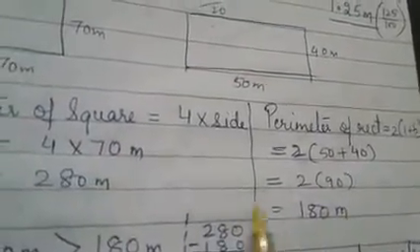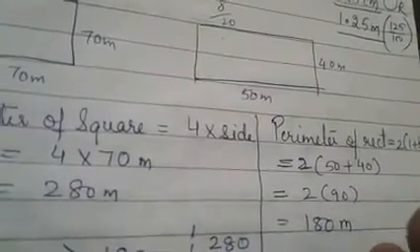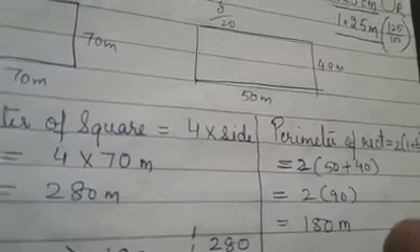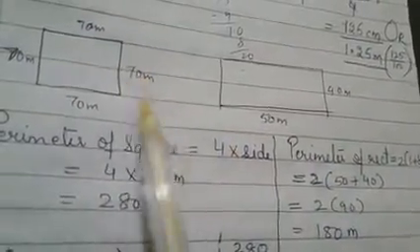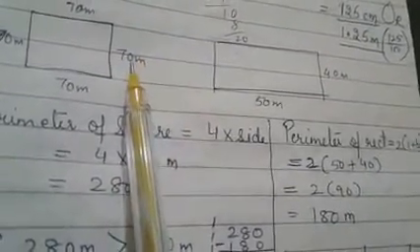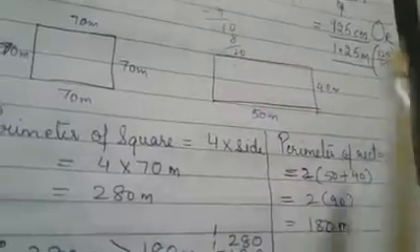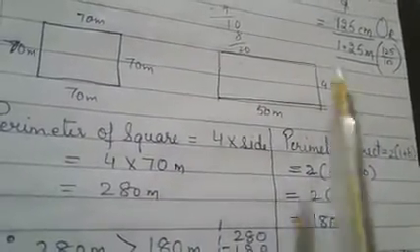So both are in meters, so we can compare. If they are in centimeter and one is in meter, then again conversion has to be done, okay? In that case, conversion has to be done right here in the dimensions, not directly in the answers. If suppose this is in centimeter and this is in meter, but this is not the case here,